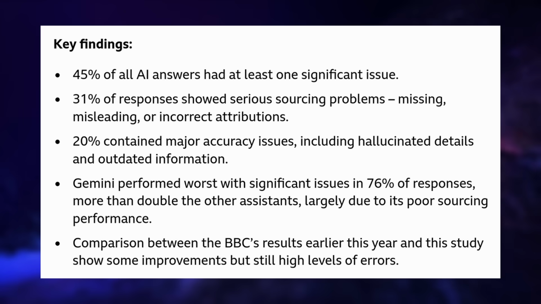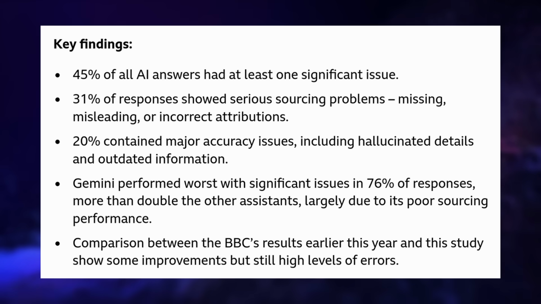And the results really point to AI assistants being unsuitable for giving you the news. 45% of them had at least one significant issue. 31% of answers had serious sourcing problems, as in it attributed the information to an incorrect source, it misquoted things, it was misleading, or it missed important information altogether. And 20% of answers contained a major problem, like hallucinated information or fully outdated information that has since then been updated or changed. Apparently, Gemini was the worst of the bunch, with 76% of answers containing problems due to really